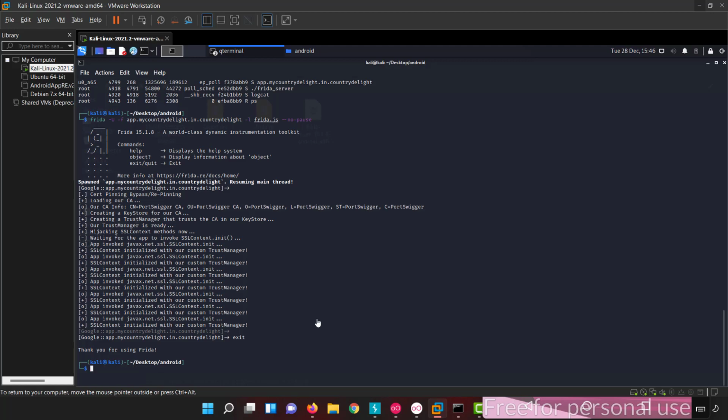Once it's installed, you can directly run objection gadget. It will invoke whichever AVD is spawned right now, and you have to paste the package name and give explore.